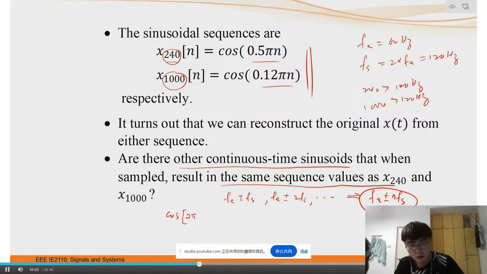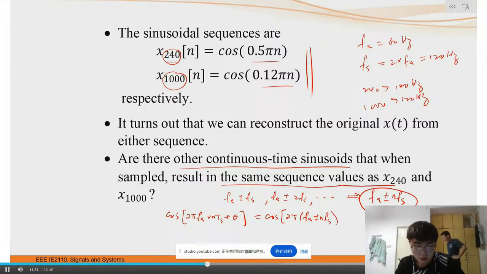And this is actually not too difficult to understand, because my original cosine sinusoidal signal after sampling will be 2 pi fa times n ts, right? Plus the phase angle. Now, I can replace fa by fa plus or minus n fs. So it's an integer multiple of the sampling frequency. And then maybe I should use n here, to differentiate from the other n ts here. Right. So when I multiply that, I get n ts plus the phase angle. All right. So I cross multiply, I end up with cosine 2 pi